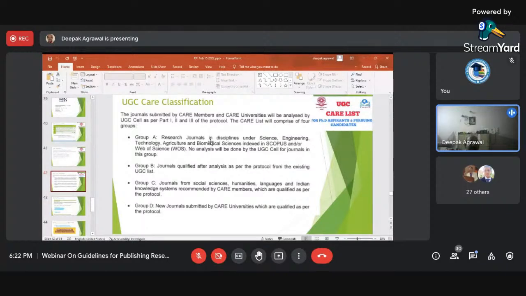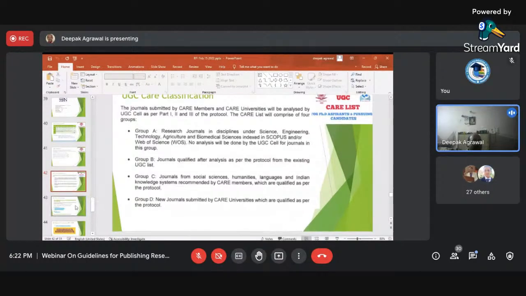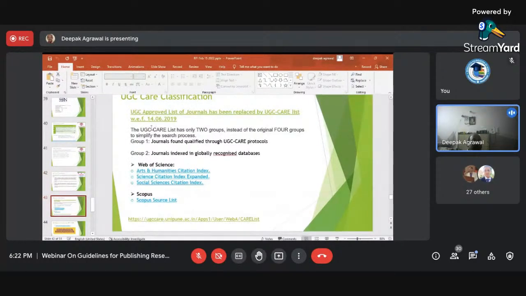This is the earlier classification. There were 4 groups, A, B, C, D, and now they are classified into 2 broad categories, as per 14/6/2019. Again, you can access the UGC website. The list of approved journals is published on it. Group A journals are those determined by the protocols of the UGC, and the University of Pune has been authorized to decide for the Group A journals. They all contain high quality research, high quality work, and they have a good impact factor along with that.